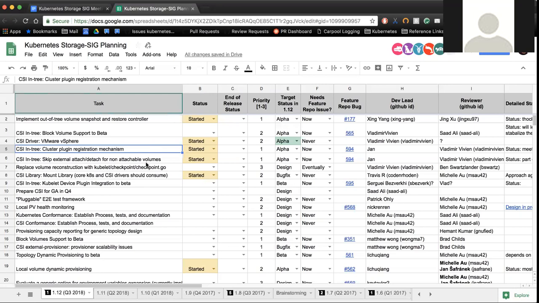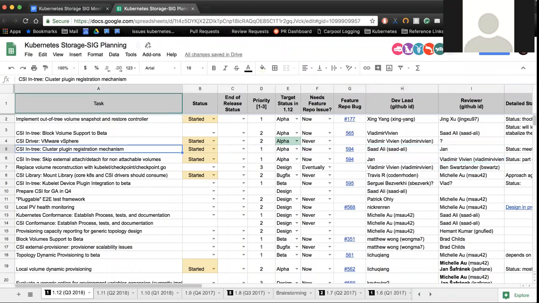If it existed and the object indicated that the driver didn't require attach, we can skip that operation and speed up execution for drivers that don't require attach detach. So this design is pending. I am going to help drive that, and Jan is going to help me review it.